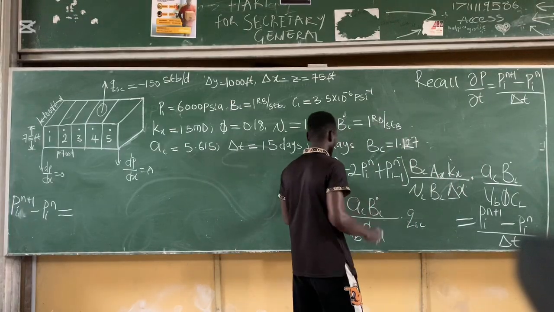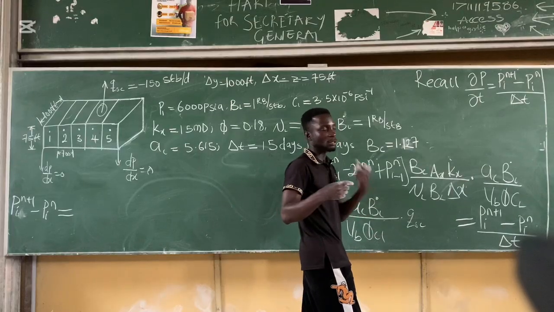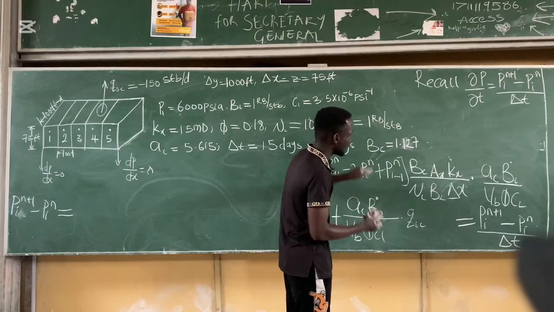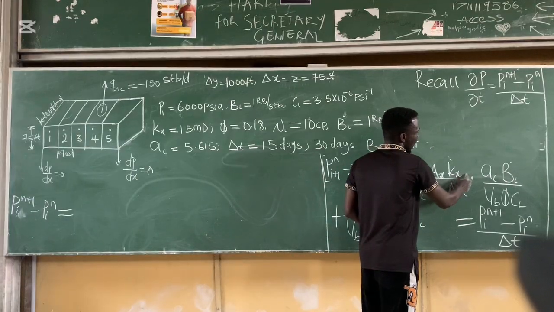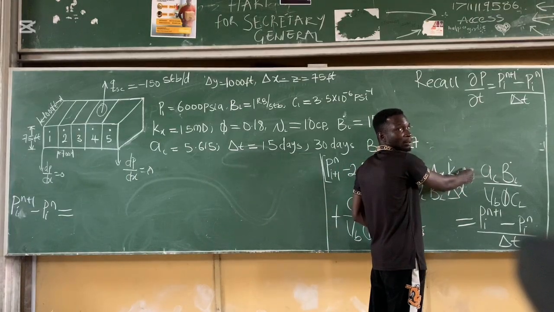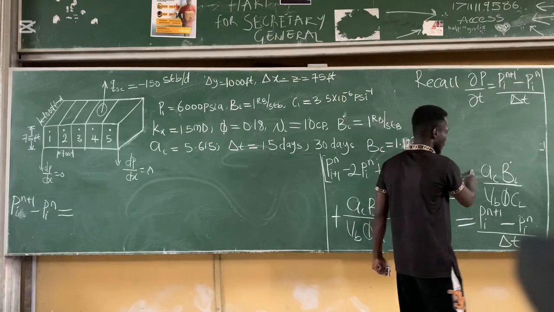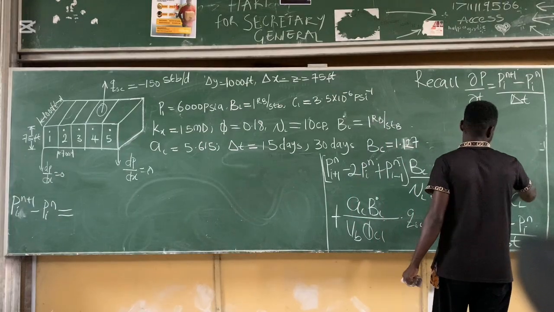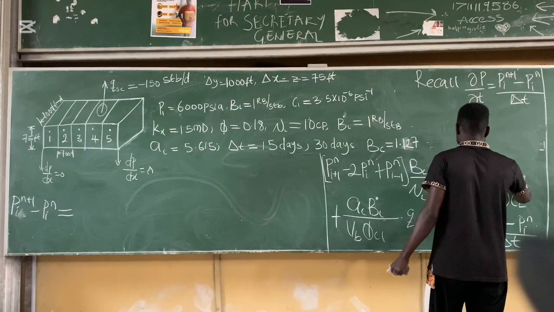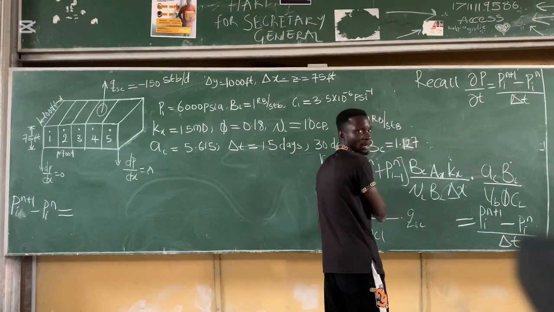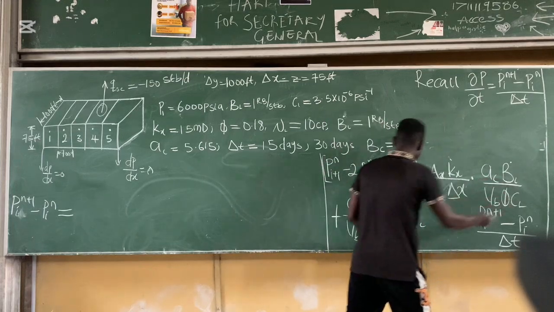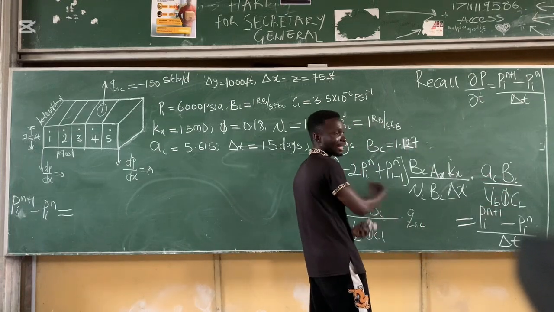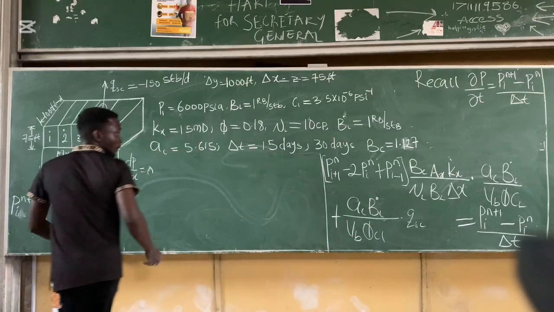You can simply put the delta t here, but in this case, since everything here is multiplying, you can simply put the delta t at this point here, or we can put the delta t at this point and also at this point. Since it is multiplying, we can simply put the delta t here and here for the right hand side. So if we do that, this will give us